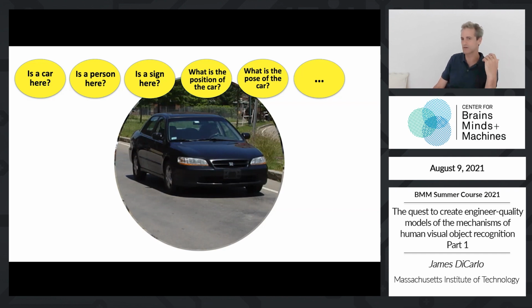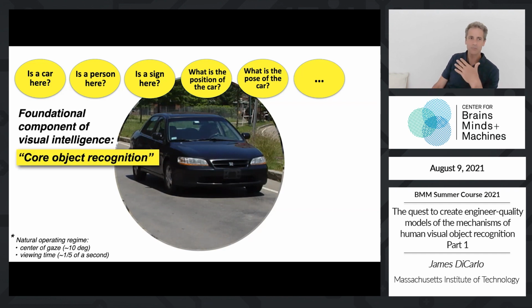Again, asking questions like, is a car here? Is a person here? Is a sign here? We call this core recognition, and you've already heard this, I'm just saying this as a reminder, because we think it's a core component of visual intelligence, and it aligns with the neurobiology in the way that the system operates and the way that I've outlined for you here today. But I want to remind you, this is not all of visual intelligence, of course,